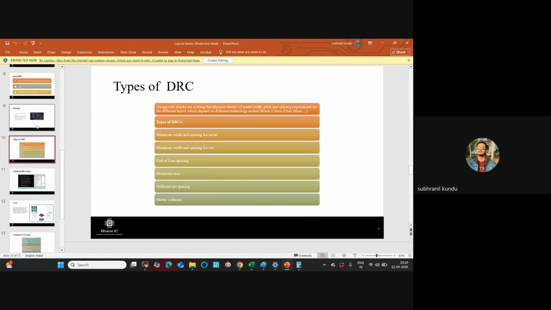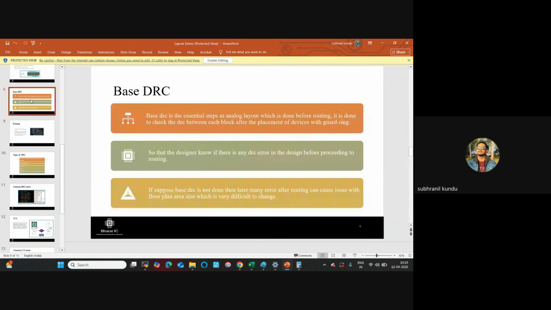So after matching, I will go for the base layers. Now, what are base layers? This is the most difficult typical question. What are base layers? Base layers is a very essential step of analog layout, which is before routing. See, as I told you here,